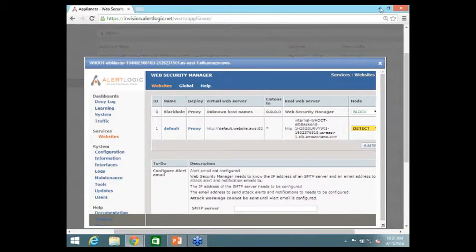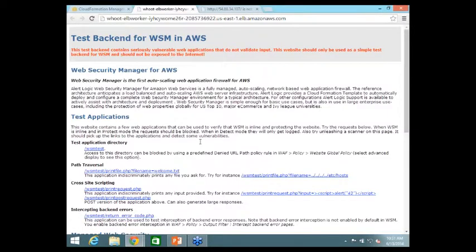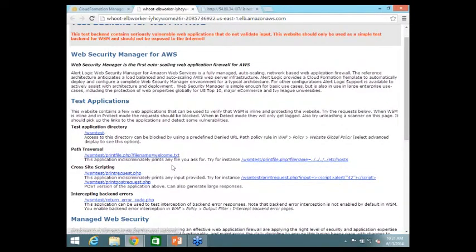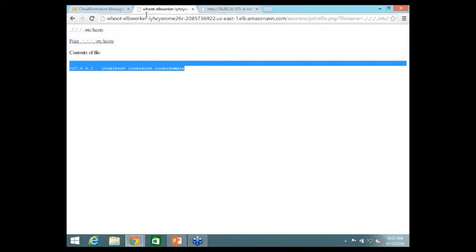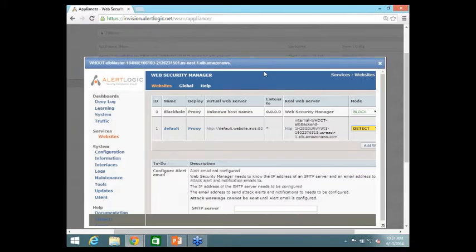So if I go to this, this is the vulnerable site. You see here that we have a list of various vulnerabilities. This directory traversal attack allows people to see and read sensitive files like etc host. And if I enable protect mode,